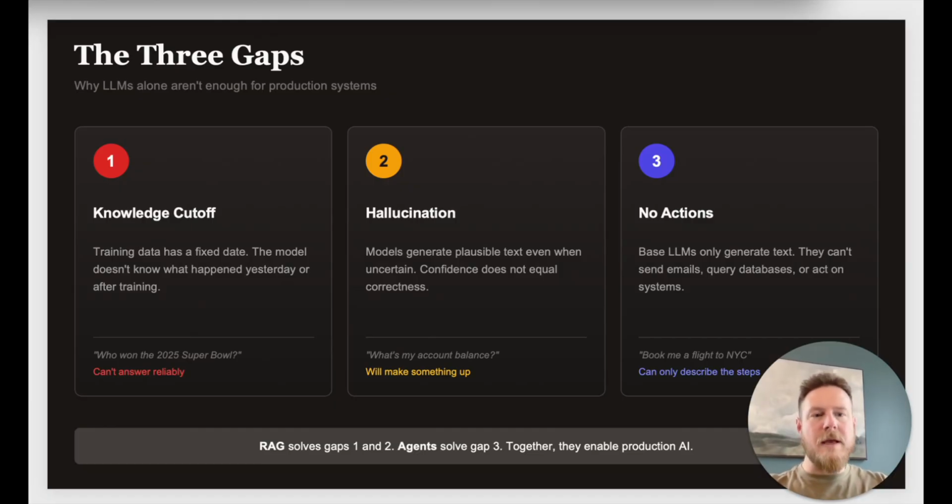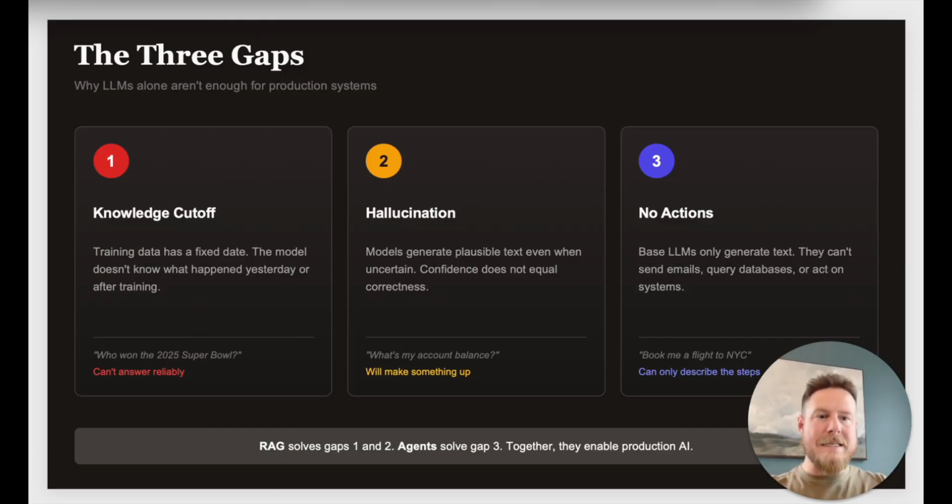This is one of the big ones with large language models specifically, and that's because large language models are probabilistic machines, right? They're generating plausible sounding text even when they're uncertain. And their confidence does not necessarily mean correctness. It essentially means that this was the most likely next text that it predicted, but that doesn't mean that it is factually true just because it is the most likely based on its estimations.